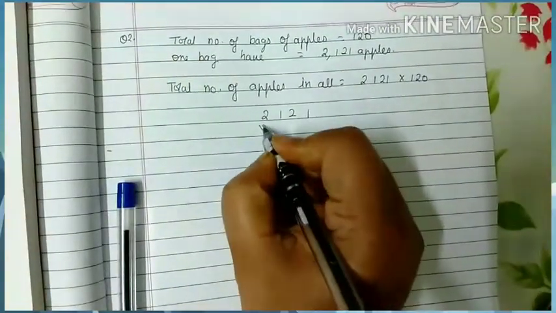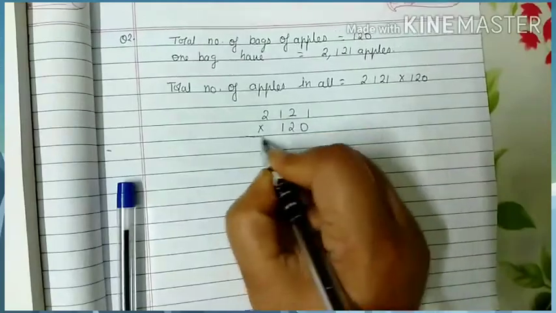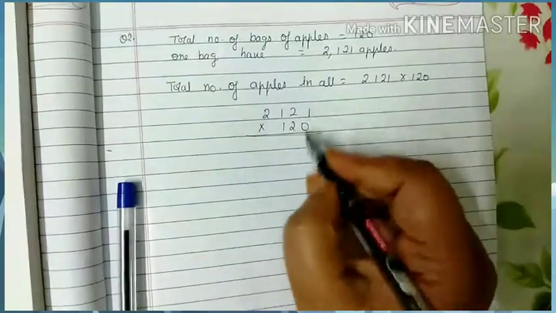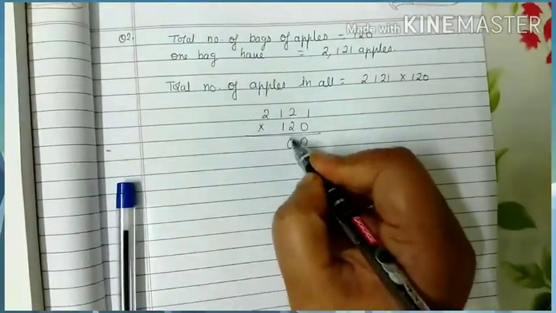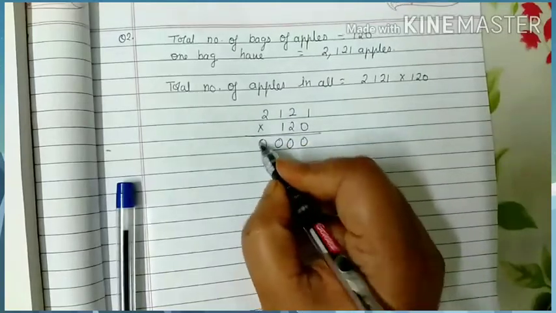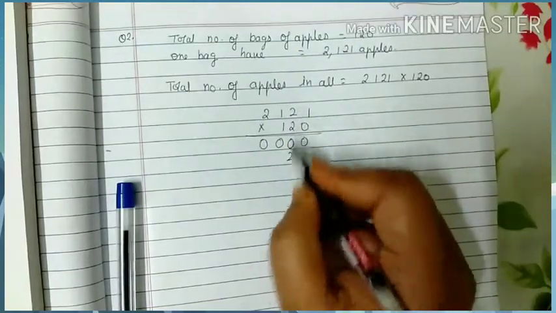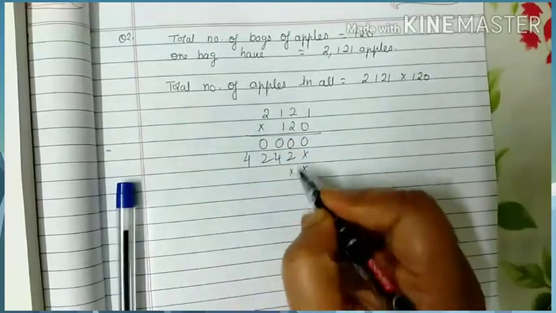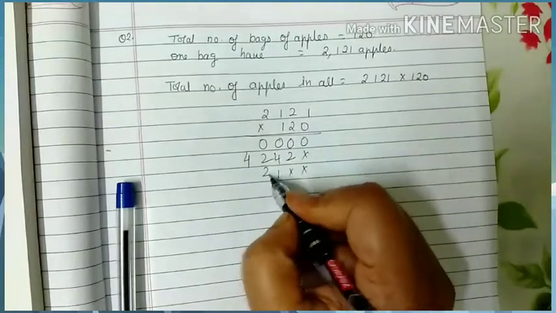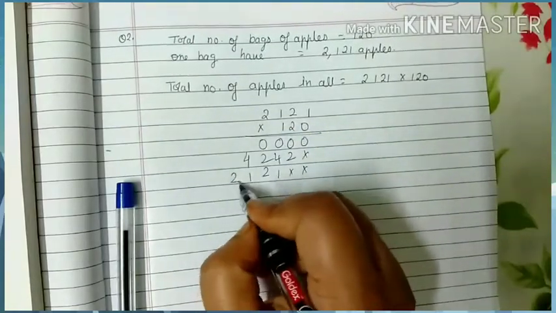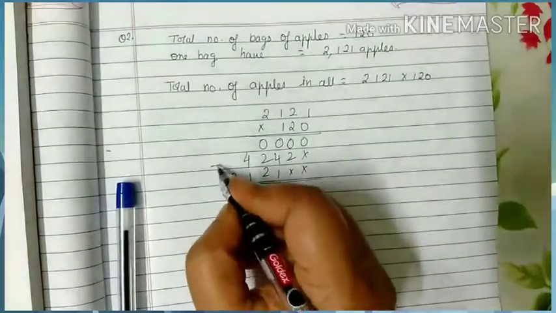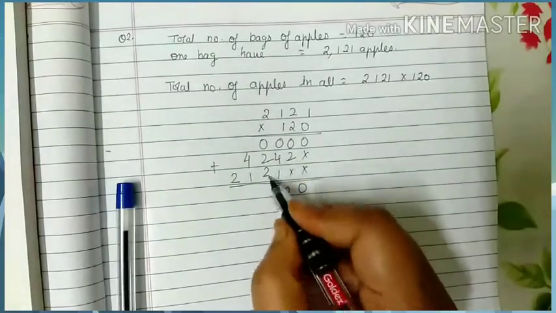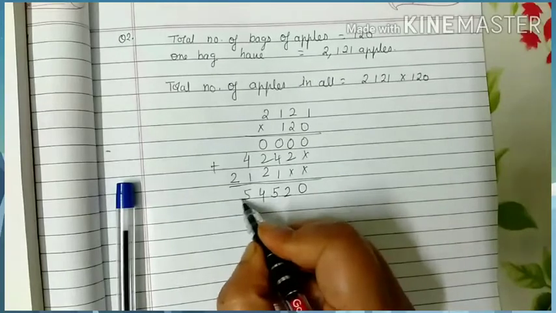So 2121 into 120. So 0 1 ja, everything whatever we multiply with 0 it will be 0. So just write 0 1 ja 0, 0 2 ja 0, 0 1 ja 0, 0 2 ja 0. 2 1 ja 2, 2 2 ja 4, 2 1 ja 2, 2 2 ja 4. So it's easy. 1 1 ja 1, 1 2 ja 2, 1 1 ja 1, 1 2 ja 2. So it will be much easier. 0 0, plus 2 2, 4 plus 1 5, 2 plus 2 4, 4 plus 1 5 and 2.